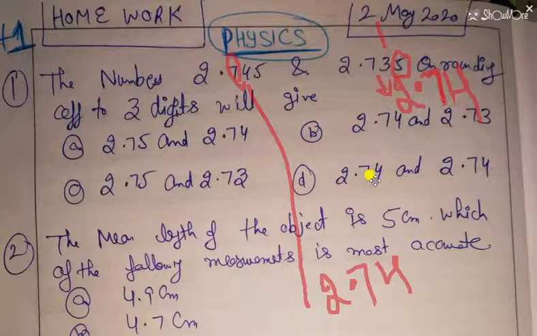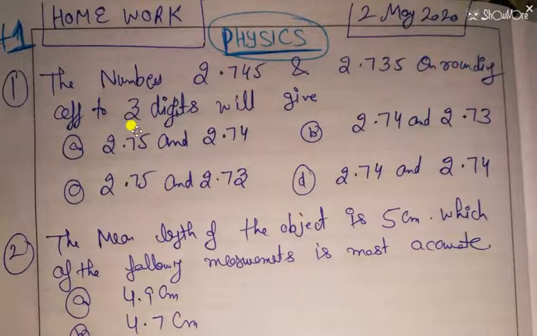So students, you are not supposed to check from here always. You have to check from the given condition. Like if the question says you have to round it off to 3 digits, in that case you have to stay with 2.74. Then you have to check the next term. The next term is 5 in both cases, but in this case 4 is there, that means 4 is an even number, so its value will not change. But if 3 is there, then it is an odd number and its value will change. So this is the concept that you have to know.